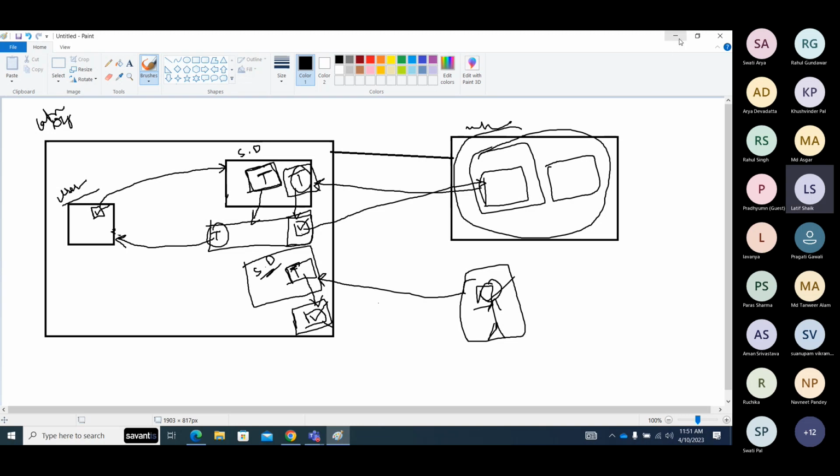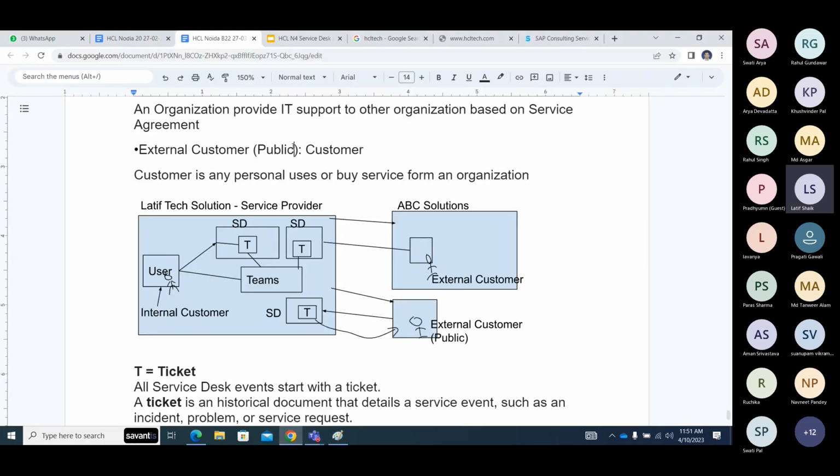Okay, I added this third type of external customer, guys, and I call it the public type. Public type means any individual person taking a service from an organization. I'm taking internet connectivity, Jio internet, Airtel subscriptions. I purchase a laptop from Dell or Lenovo. I'm the customer of that organization. Okay. So as an individual user,